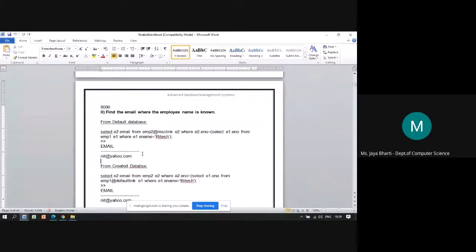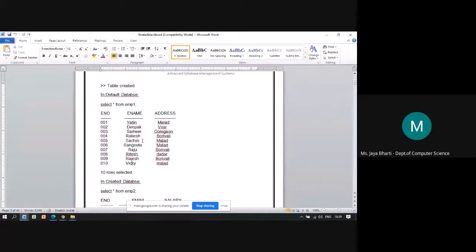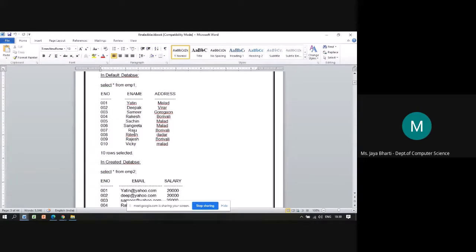See if you can see the copy here. Select star from emp1 has e number, that is employee number, e name and address. And emp2 here you can see has e number, that is employee number, email and salary.